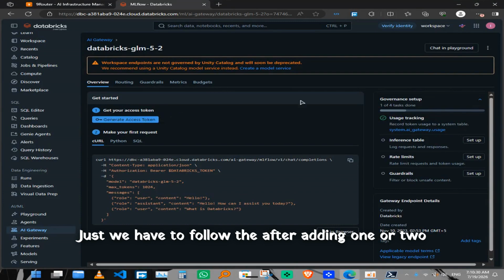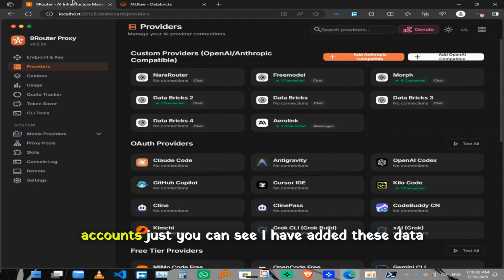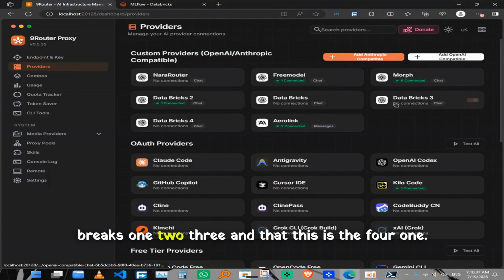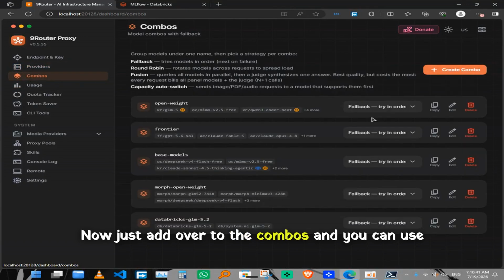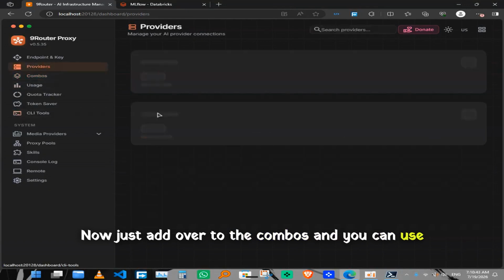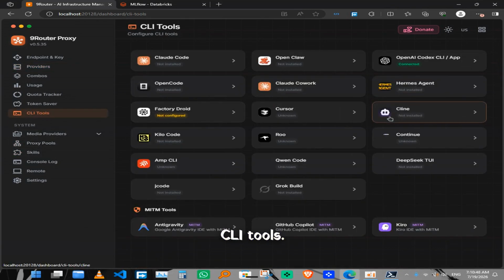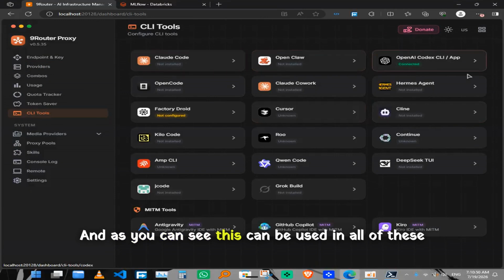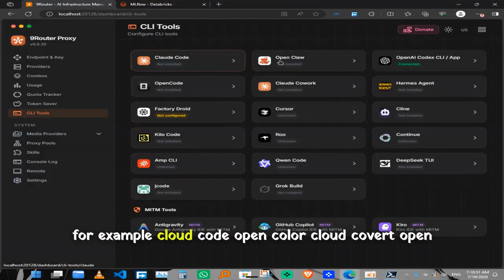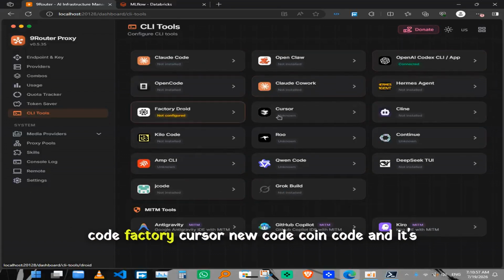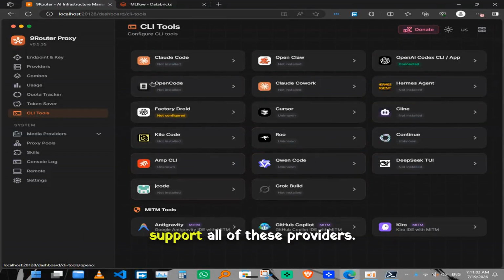Just follow this. After adding one or two accounts, you can see I have added these Databricks 1, 2, 3, and this is the 4th one. Now just head over to the combos, and you can use this account separately as well. Just come over to CLI tools, and as you can see, this can be used in all of these. For example, Claude Code, OpenClaw, Claude Cowork, OpenCode, Droid Factory, Cursor, Cline, RooCode, QwenCode, and it supports all of these